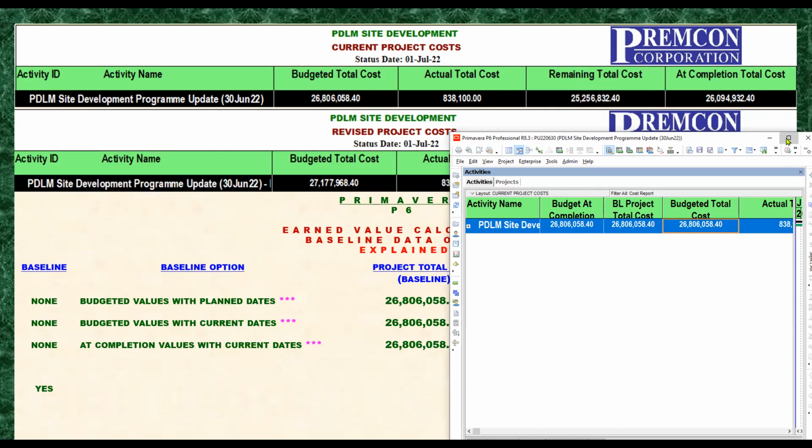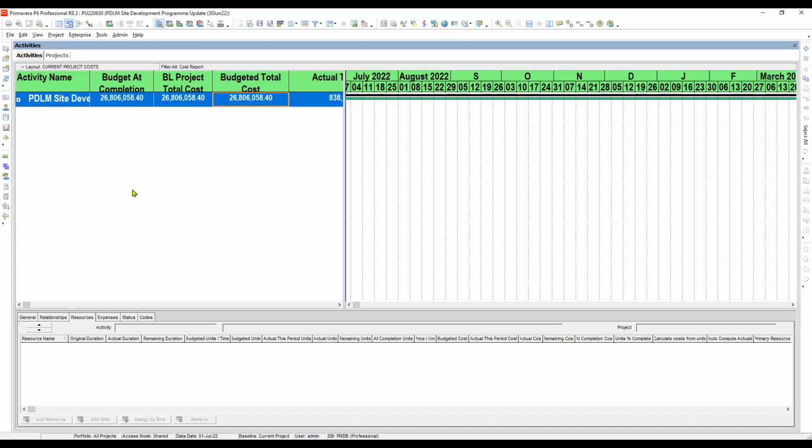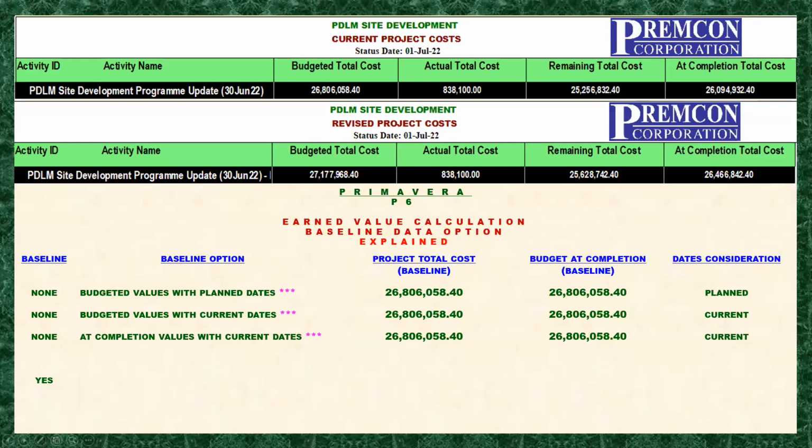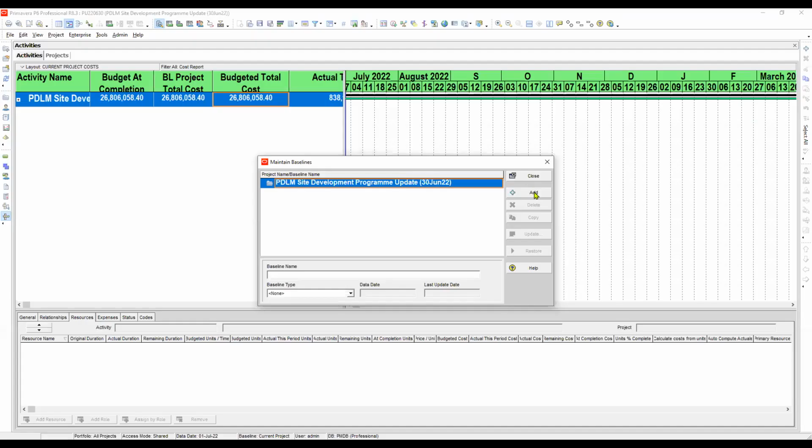Let's make this a little bit bigger and then here under maintain baseline, let's click this one and then let's add. We will be converting and then we will look for